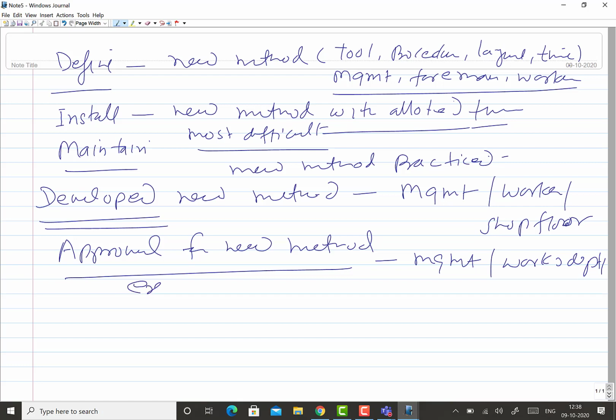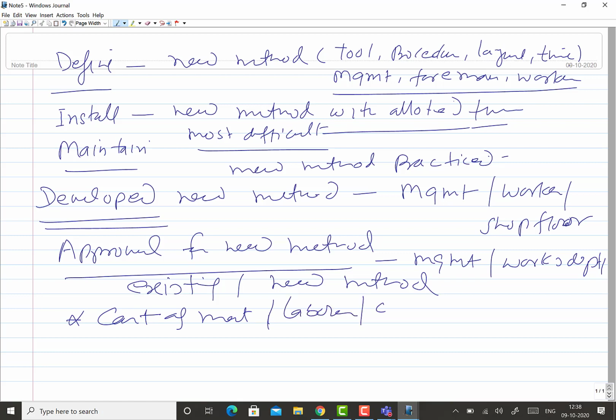is that you have to compare the existing and the new method with regard to certain things, like what will be the cost of material, labor, overhead, and the related saving.